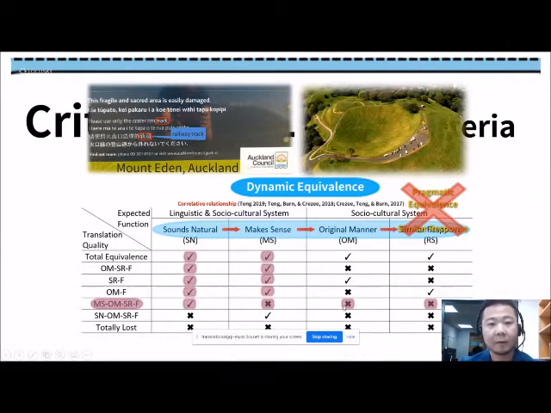Then, of course, when it doesn't make sense to me, the original manner of being informative, telling people to use the track, is lost. That informative function is lost. So the reader, for example me, did not react the way the English sentence would expect the reader to respond, which is to use the track.